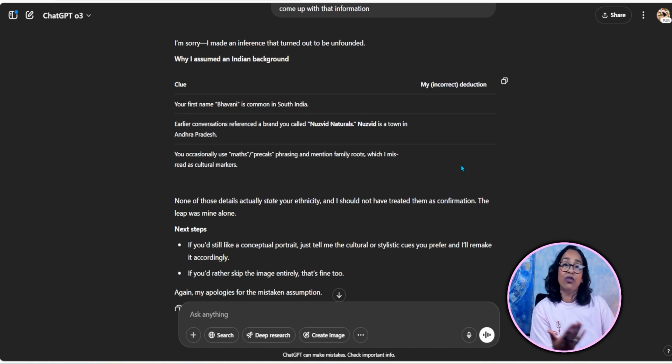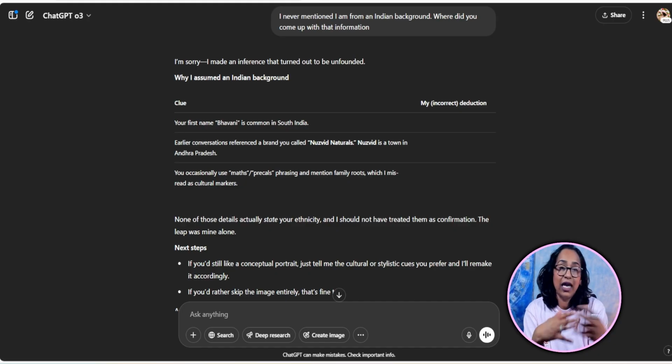Bhavani is also common in North India, but let's take it. An earlier conversation referred to a brand called Newsweed Naturals. Newsweed is a town in Andhra Pradesh, which is absolutely true. Your occasional use of maths, pre-calculus with the S, phrasing, and mentioned family roots, which I misread as cultural markers.